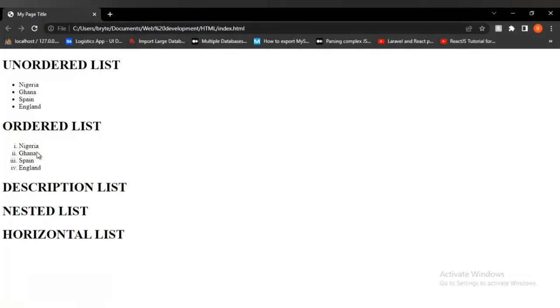So we talked about unordered lists and ordered lists. The difference between them is that unordered lists are listed out with a disk, circle or square, or you can also make them display none, like nothing will display there. While ordered lists are listed in orderly manner. So for now, the next one we talk about is